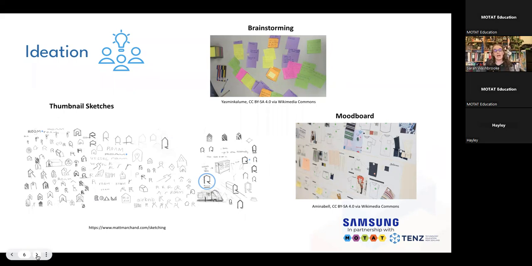Another way you can view ideation and get lots of ideas down is, of course, by using different brainstorming tools. The traditional one that everybody knows is post-it notes, putting lots and lots of ideas down as a team, popping them together and organizing and sorting them into different contexts and concepts. Other ways, you can use digital tools if you want to. There's lots and lots of ways to bung ideas down and have them recorded so you can explore them further later.